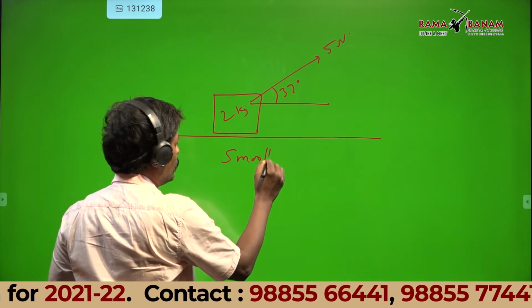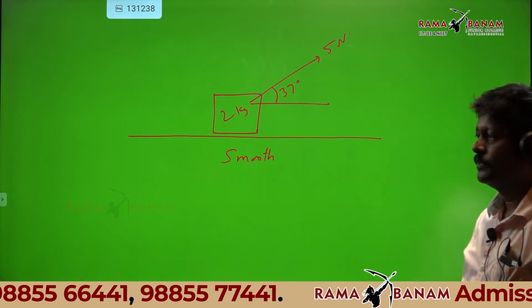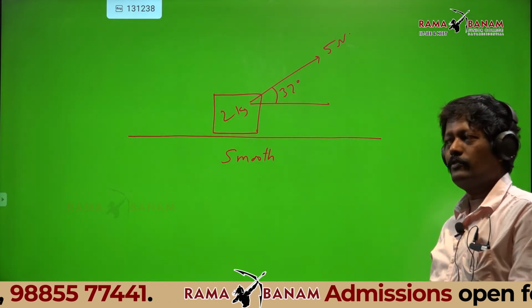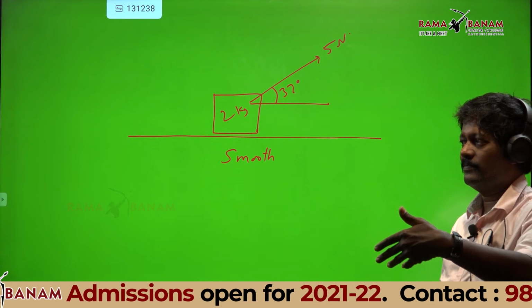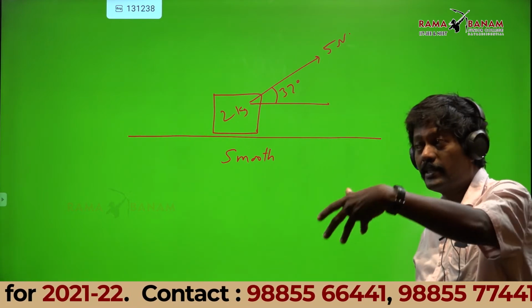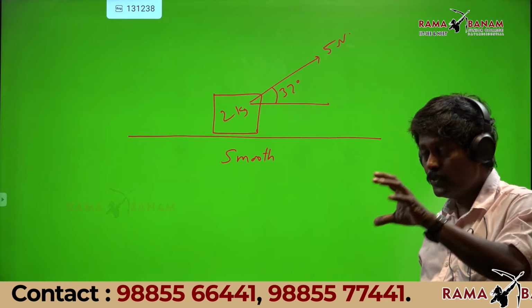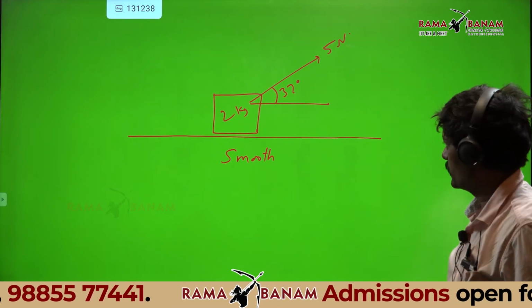Till now, you may wonder, sir, why you are giving smooth surface only? Usually surface will be rough. That I will come into, because if rough, friction acts. Yeah, friction will come. I am not going to that complicated case. First I am telling you the simple case, then we will go into that case afterwards.